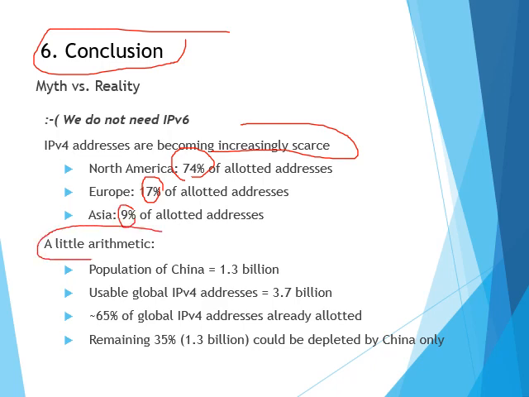So a little arithmetic. The population in China is 1.3 billion. Usable global IP addresses provide 3.7 billion. Worldwide, about 65% of global IP addresses are already allotted. So the remaining 1.3 billion could be depleted by China only. So it looks like we have already used all the addresses provided for global IPv4 addresses. So that's why